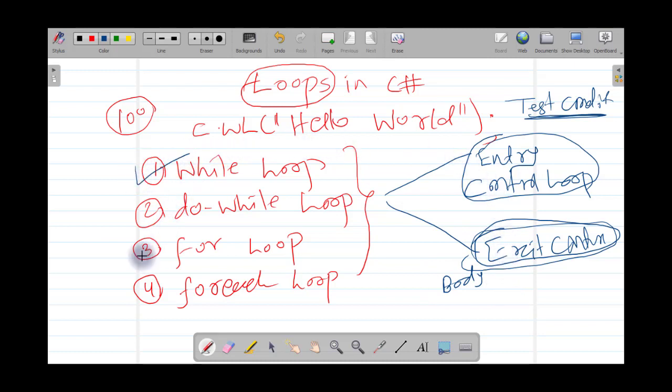While loop, for loop, and foreach loop are all entry control loops. That means first the compiler checks the condition and then executes the body. In case of the do while loop, the compiler first executes the body of the loop and then tests the condition. Now we will see the basic syntax and how these loops are used in Visual Studio.